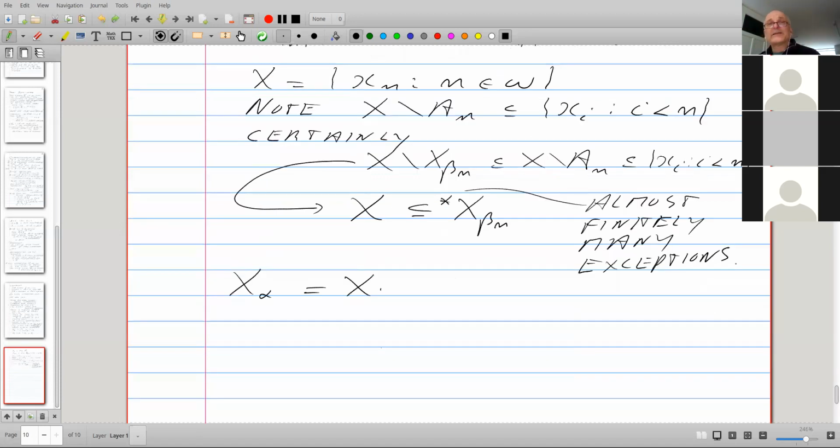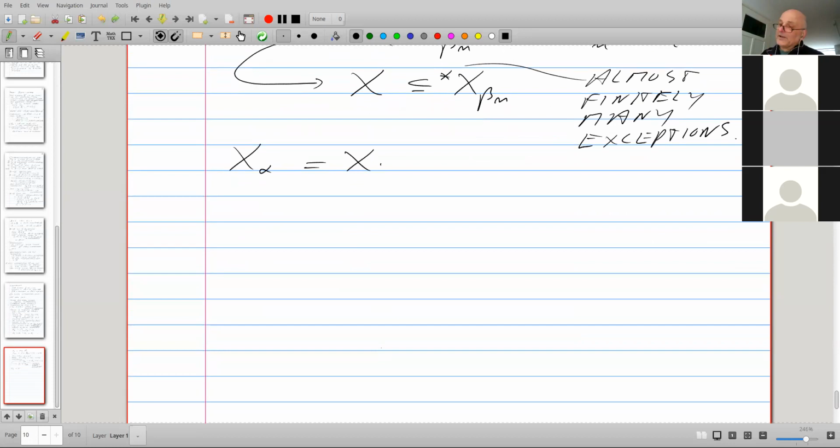What did we get when we go back to our construction? We will find that X0 is a superset of X1, is a superset of X2, is a superset of X_n, is a superset of, and then here, what do we get at step omega?